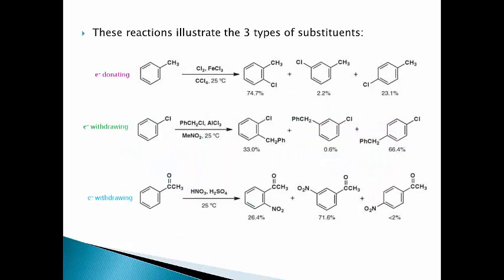So 3 types of substituents. Okay, we can have electron donating, electron withdrawing,